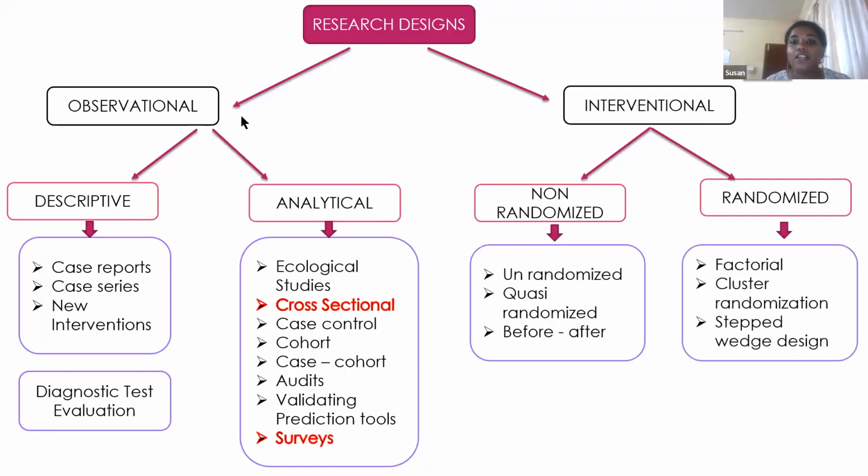Under non-randomized studies, we have unrandomized studies, which we'll come on to. Quasi-randomized studies, and even before and after studies are thought to be a type of non-randomized studies. And then under randomized studies, we have factorial studies, cluster randomization, and the stepped wedge design. And also a third subset under